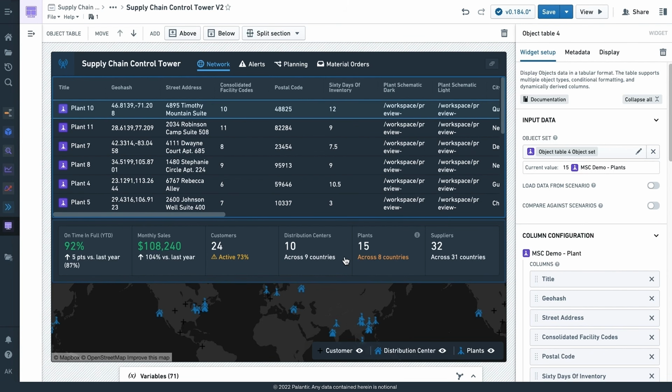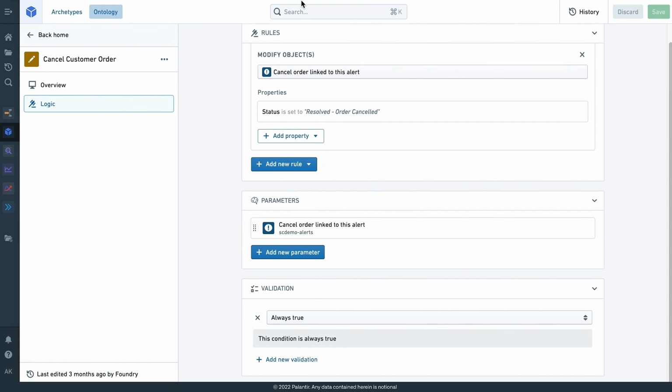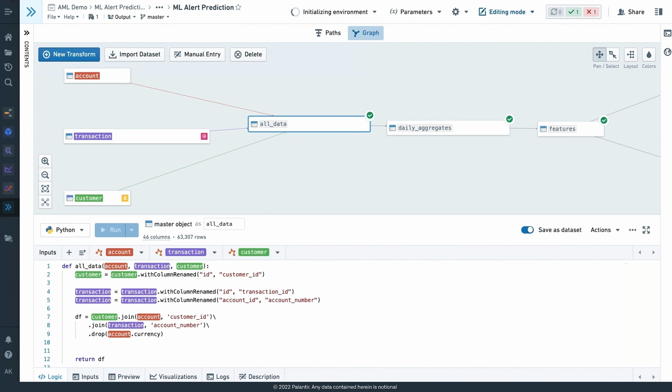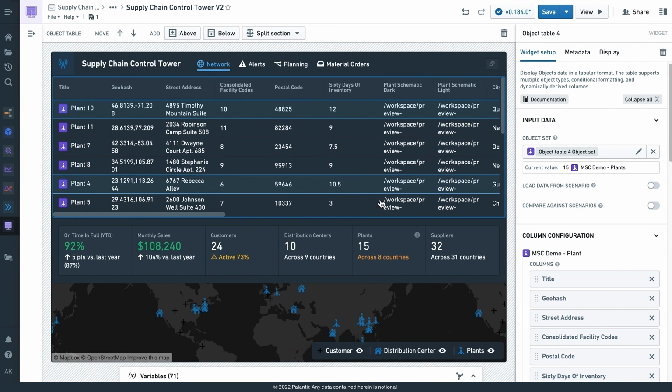All of that is taken care of below the level of the application because of what we saw in the data integration, in the setup of the ontology and the actions, in the actual wiring in of the models that come together in these objectives, and the binding of the models to the ontology through these objectives as well, which means that you can build fully featured, rich, compound applications in a couple of hours or a day or two, as opposed to spending months or quarters of effort.